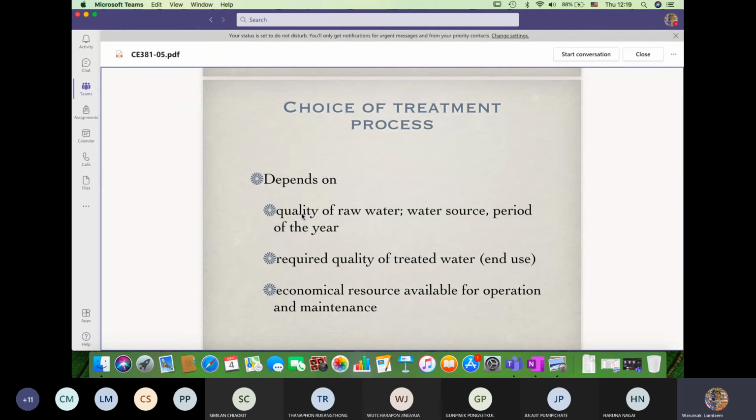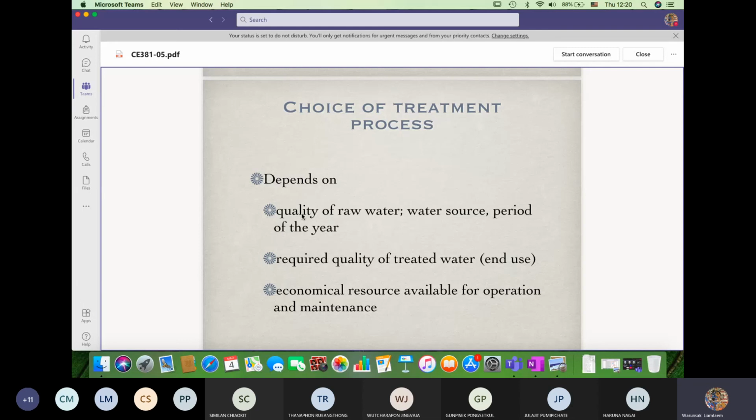how can we actually make a judgment? Which one is important, which one is unimportant? Anyway, it depends on the quality of the raw water. If the raw water quality is already good, for example, groundwater, in this case, you don't have to do anything. Groundwater, if the hardness is not too high, we can just apply chlorine to disinfect, so that it's all for the